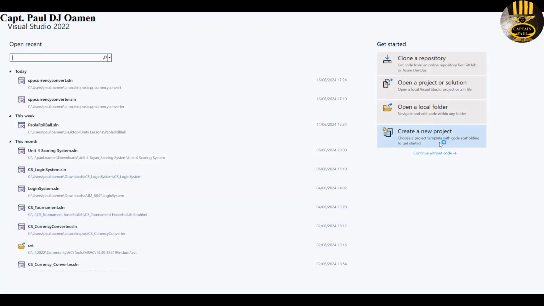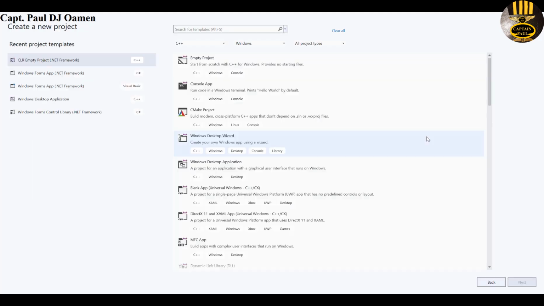All right, so come in here and let's create a new project. Click on create. Make sure you've installed CLR on your system, so I'm selecting CLR empty projects .NET for C++. Let's select that. Click on next,